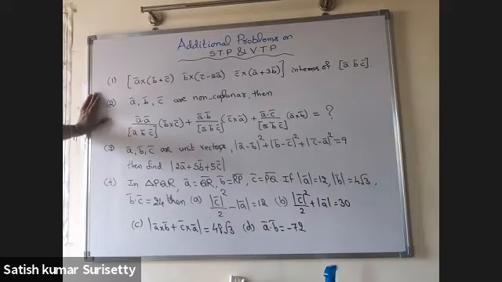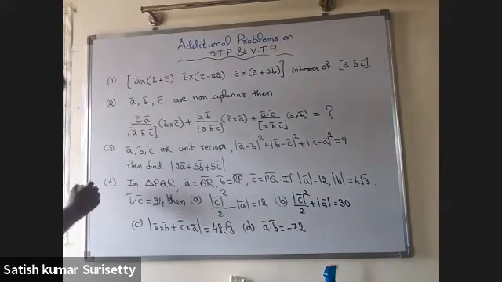Fourth, in triangle PQR, a bar equal to QR bar, b bar equal to RP bar, c bar equal to PQ bar. If modulus of a bar is 12, modulus of b bar is 4 root 3 and b dot c is 24, then options. First option, modulus of c bar square by 2 minus modulus of a bar is 12. Second option, modulus of c bar square by 2 plus modulus of a bar is 30. Third option, modulus of a cross b plus c cross a is 48 root 3. Fourth option, a bar dot b bar equal to minus 72. It is a multi-answer.